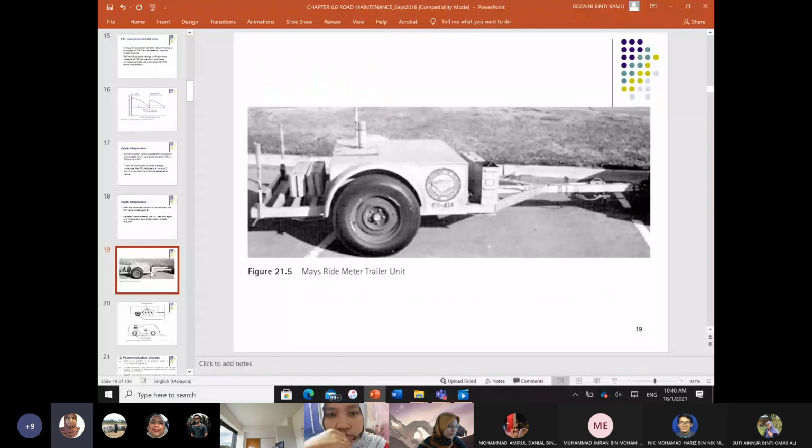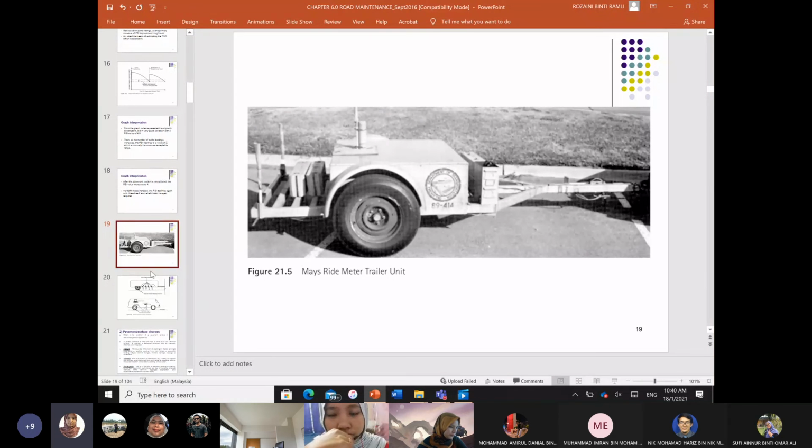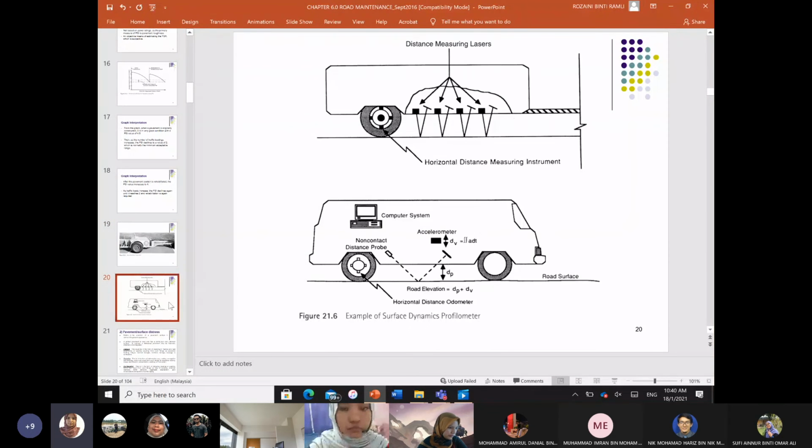these are examples, alright, meter trailer units. This is the surface dynamics profilometer, right? It can detect all those distresses on the pavement. It needs a medium, right? Usually they use a small lorry to do this, this assessment profilometer. And then we have those skid resistance